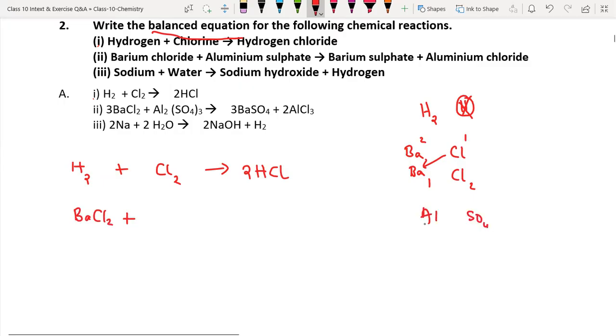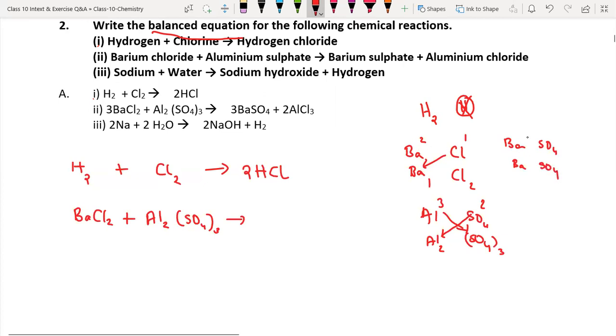For aluminium, atomic number is 13, sodium, magnesium, aluminium, 13 is the atomic number, 3 is the valency. For sulfate the valency is 2. So for aluminium 2 will be here, and for sulfate that 3 goes here. So it will become Al2(SO4) taken thrice. So aluminium sulfate chemical formula is Al2(SO4)3, and gives rise to what they have asked, barium sulfate. Yes, you know barium Ba, sulfate SO4, you write BaSO4.